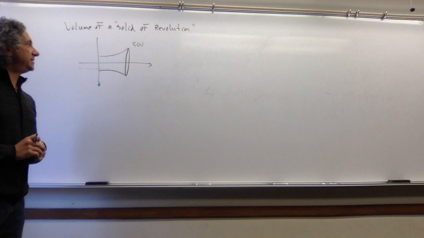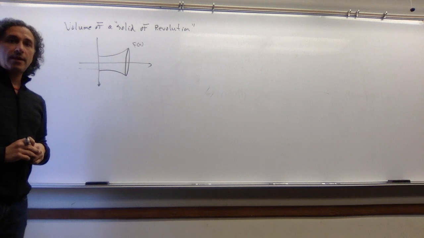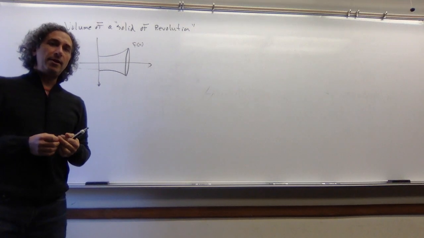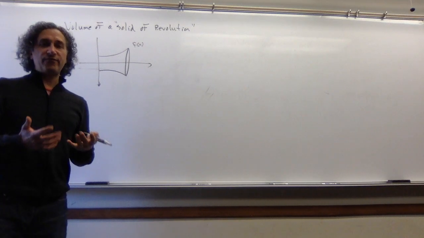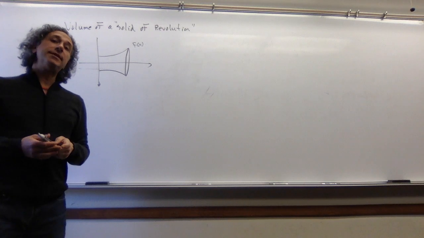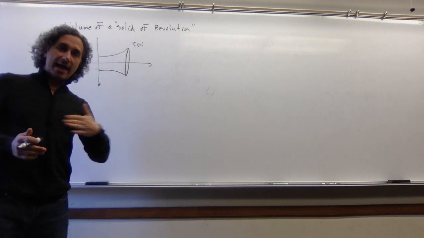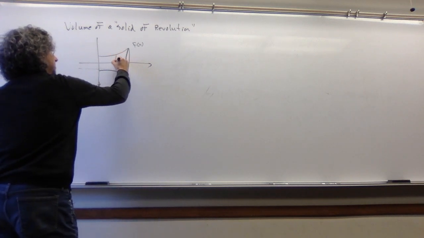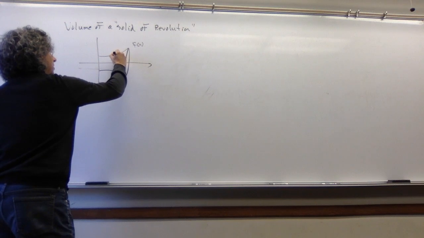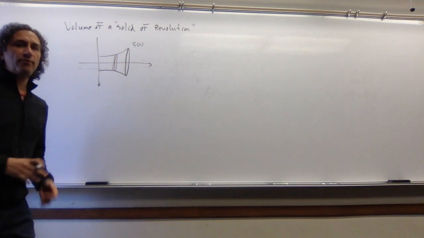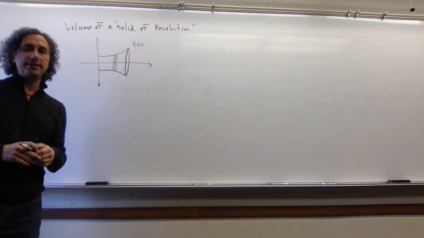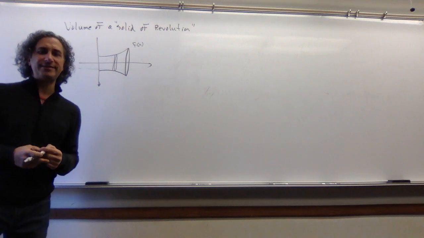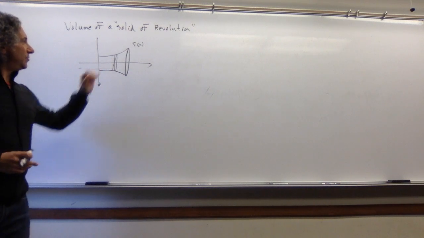So how do we find this volume? Well, again, when we were looking in two dimensions, we took the ith rectangle, we added those up as an approximation. Then we took the limit as the number of rectangles approached infinity, and we added up all those areas in quotes. Well, if I rotate this, I'm no longer going to have ith rectangles, but instead I'm going to have ith cylinders. So hopefully you can see that with my artistic rendition of a cylinder.